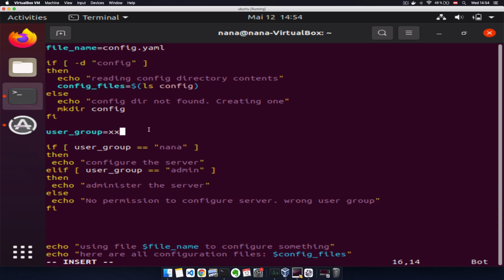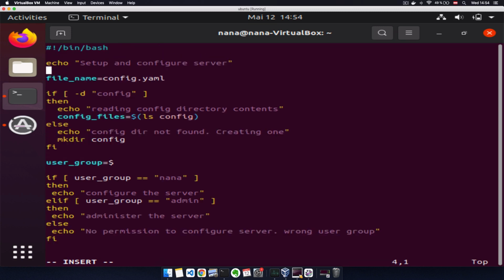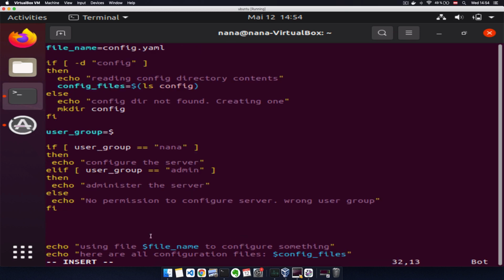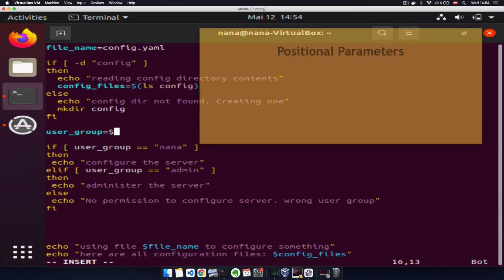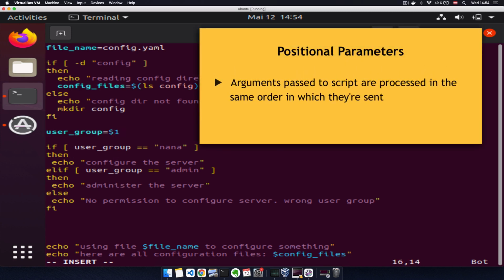And we want to read that parameter here. To read a parameter that is provided in Bash script execution, we have a special variable that we can access using the syntax. Remember, the syntax of accessing any variable is $, like here, or in those echo commands. And then after $, we have 1. So that's going to be the first parameter that we pass to the Bash script. And if I save this